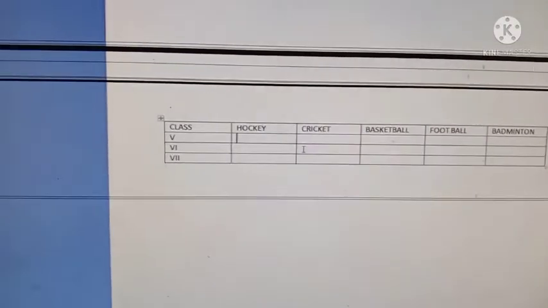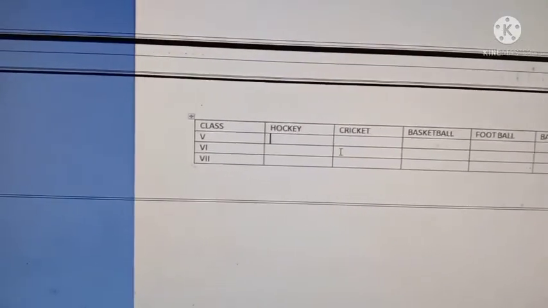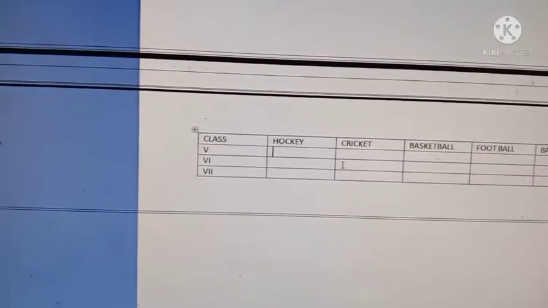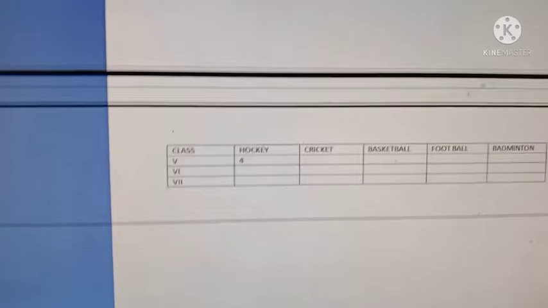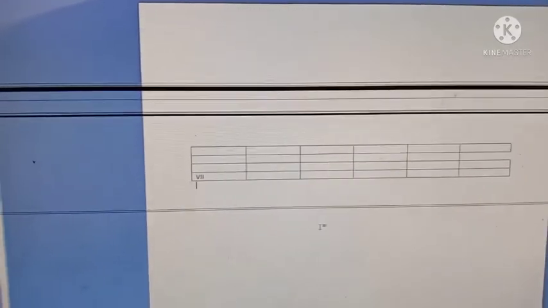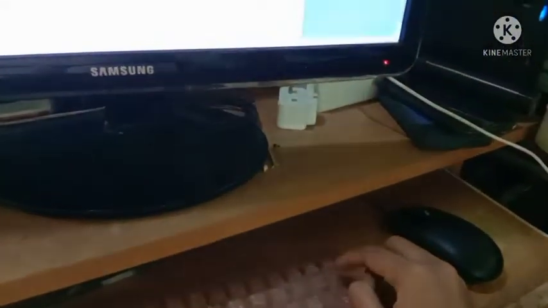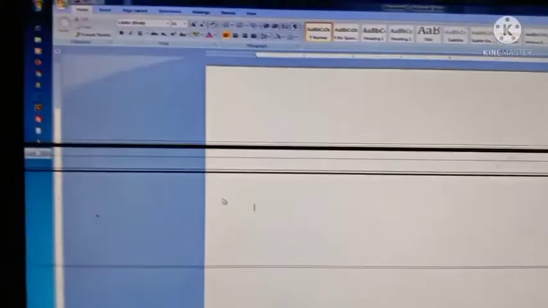I'm moving backwards. So this is the way of moving from one cell to another cell. If you want to delete this box, you just select it completely and click the backspace of the keyboard. It's very easy to delete.